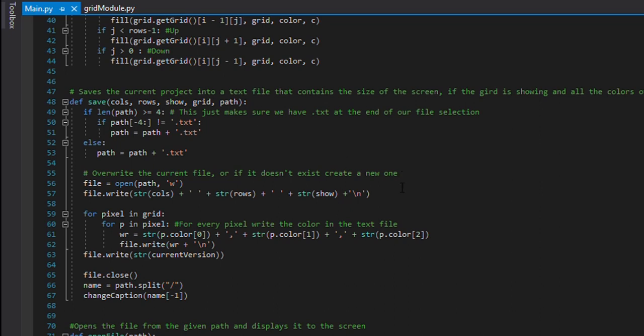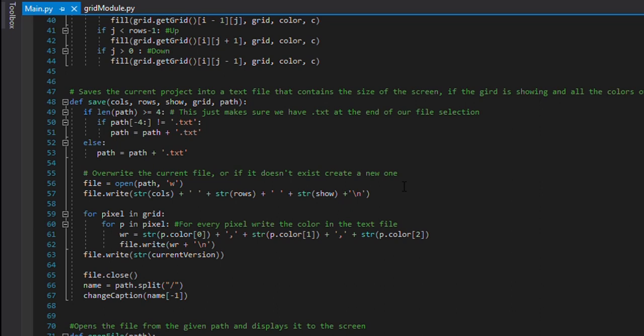After that, I've just used the open method in file handling in Python. It will simply overwrite the file if it exists, and create one if it doesn't.